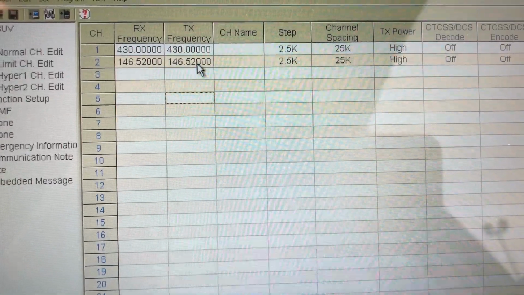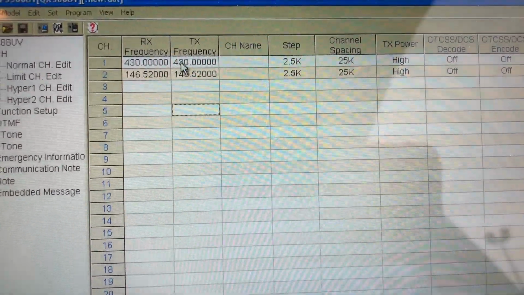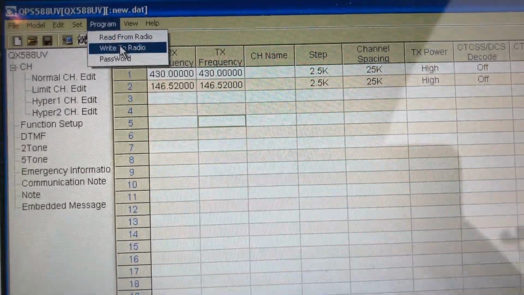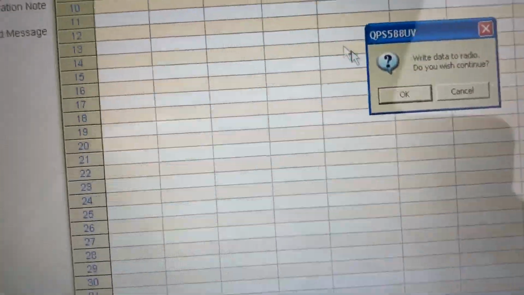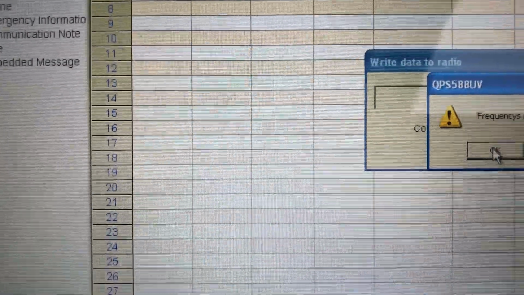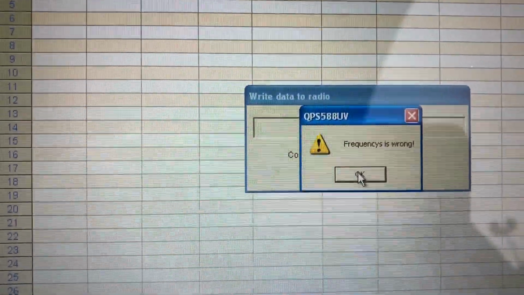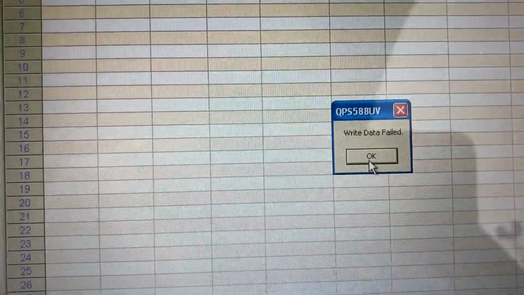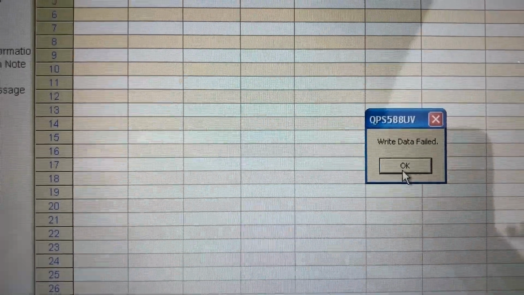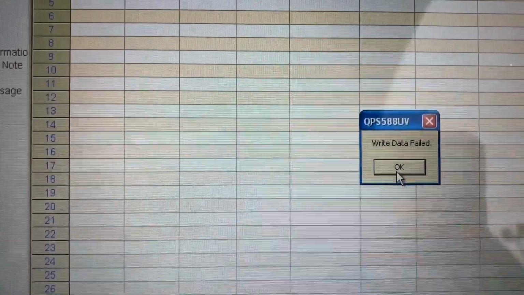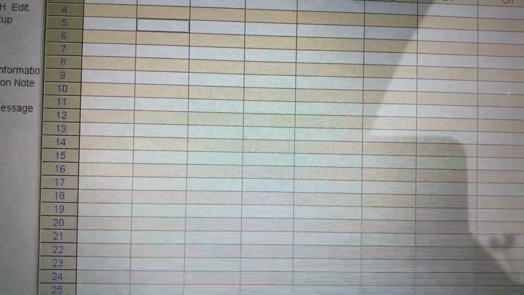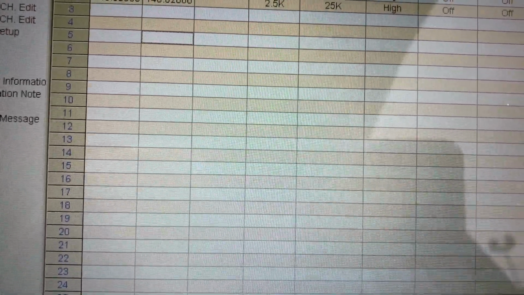I'm putting in 146.520 and 430, and I'm going to hit program. So write to radio. Yes, I'd like to continue. Frequency is wrong. So anytime I attempt to write to the radio using the band limitations for band Model 1, this is what happens. If I switch the model information,